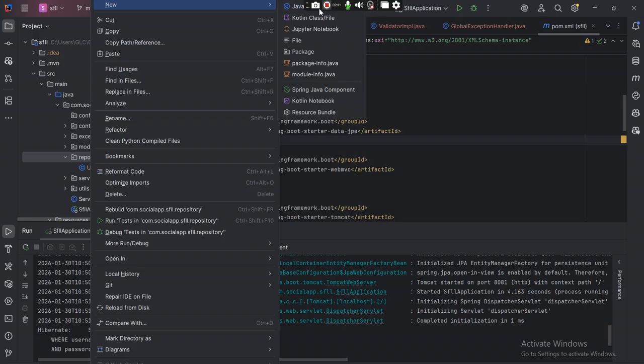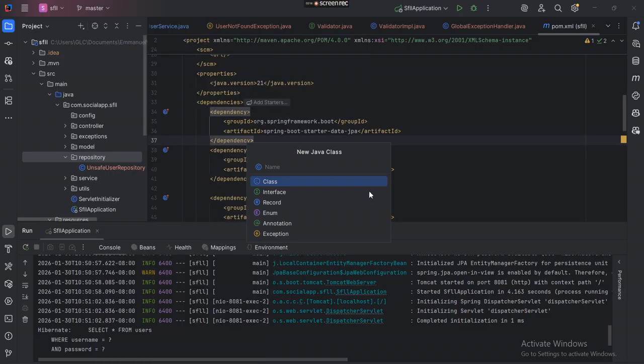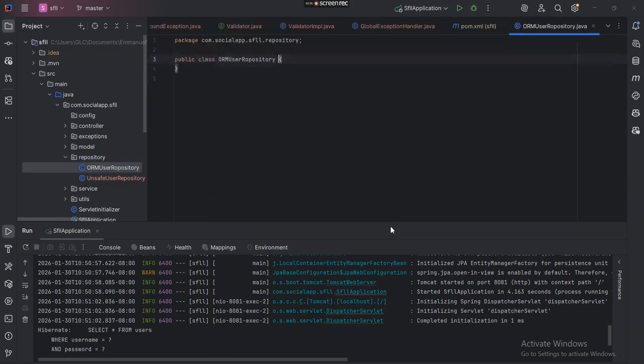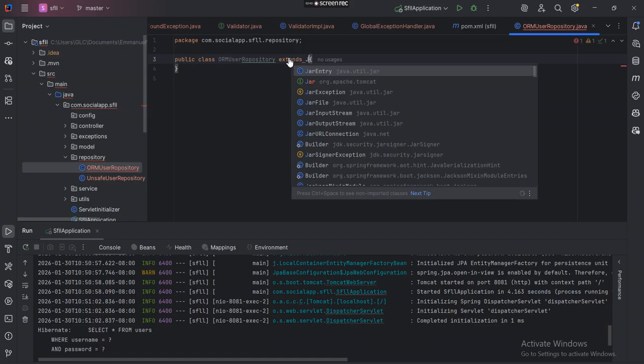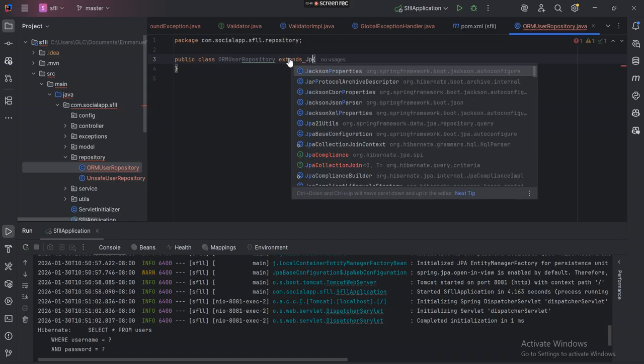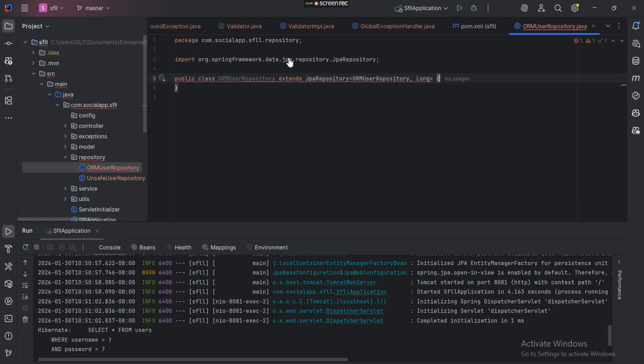The first thing we're going to do is create a class which is JPA. So I don't want to do JPA repository, I want to do repository. So let's say ORM user repository. Okay, and in order to do that we need to extend JPA repository. Okay,